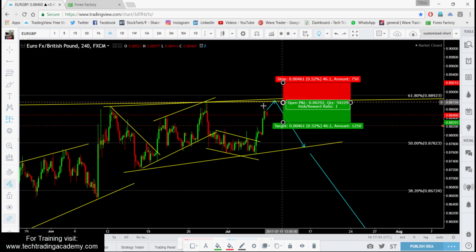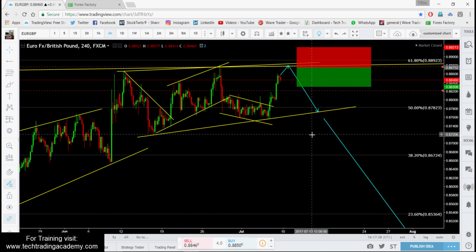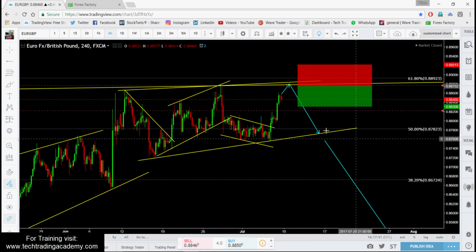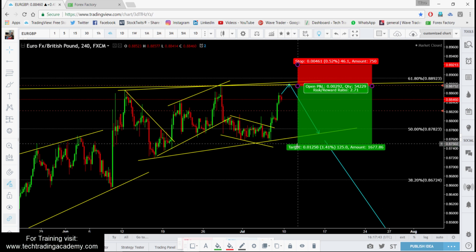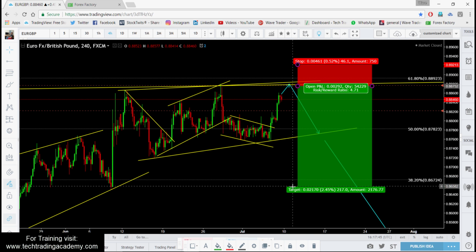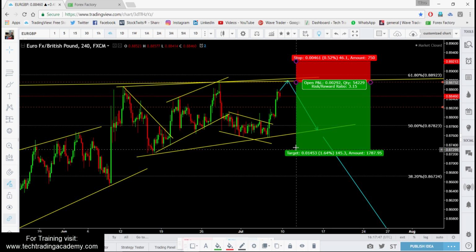Okay, pay attention at the top. I don't think we're going to see a breakout. I'm anticipating that price is going to respect that top and start to fall back within that channel. Alright, so up to this area or even further downside. So this is the short-term trade. Okay, up to this area,